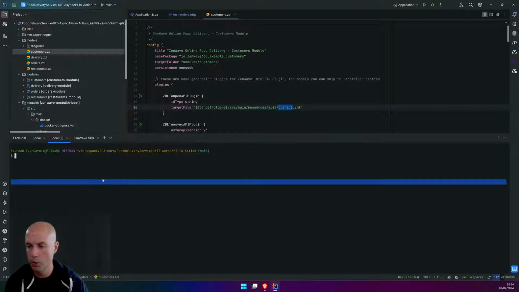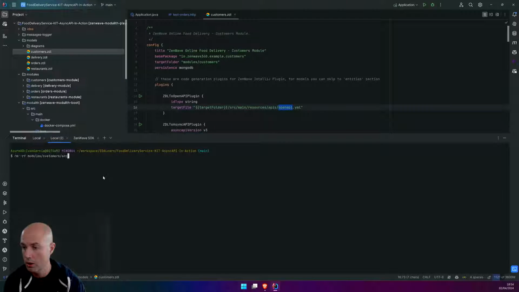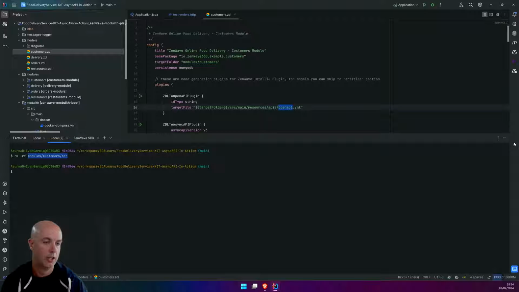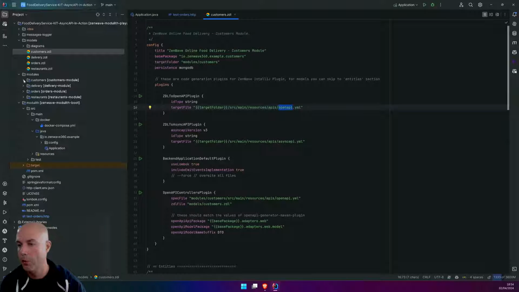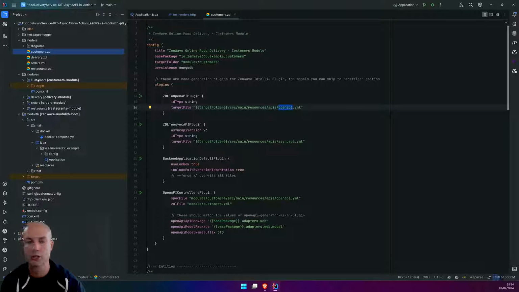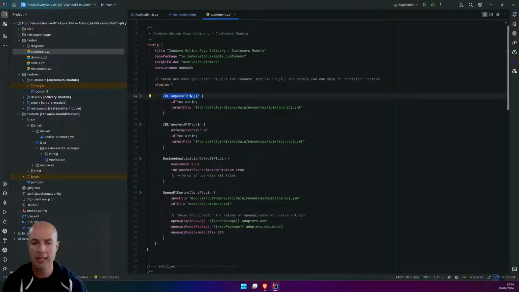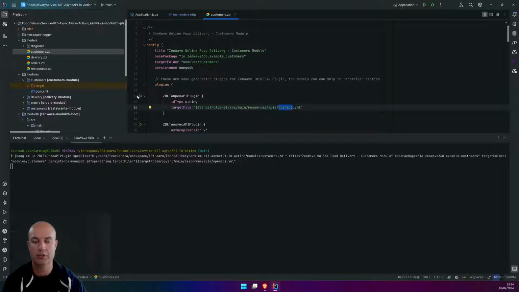the first thing I'm going to do is delete the customers module source code. So now we have an empty customers module. We are going to rebuild it. Okay, so using this plugin, we are going to create an OpenAPI definition file.